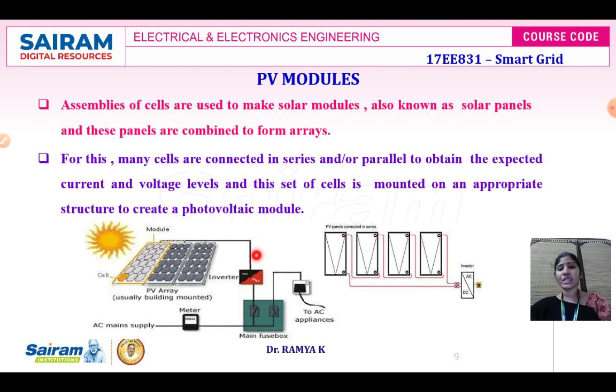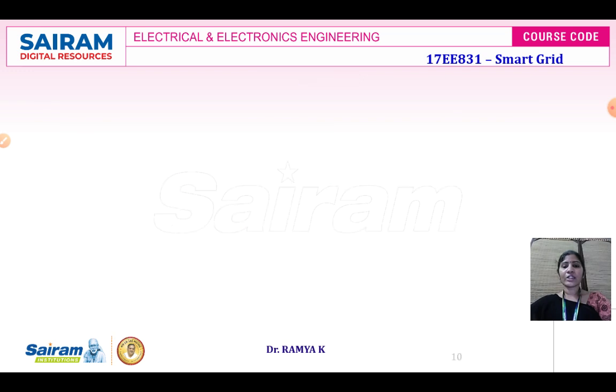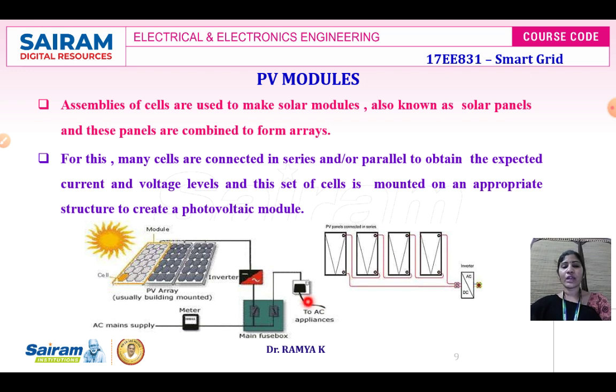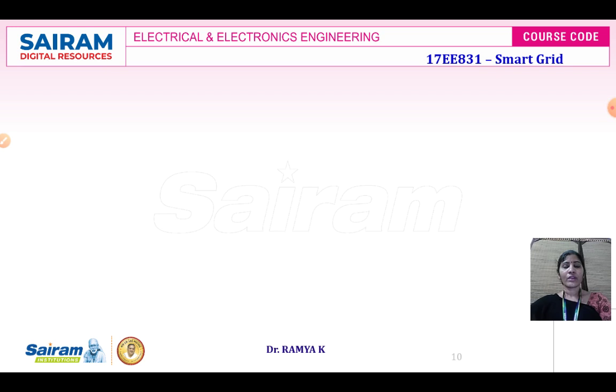When this DC is connected to the battery and then to the inverter system, the DC supply is converted to AC supply. Once the AC is connected to the AC grid, we utilize it for other electrical appliances. Here the connection of the cells is shown for series and parallel. Here the connection is shown in series manner if I want to use it for high voltage.